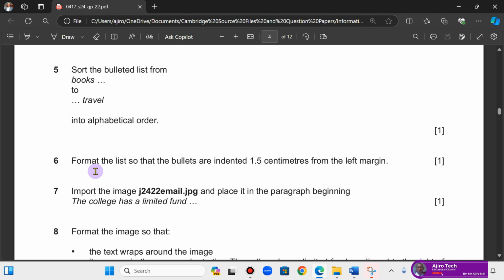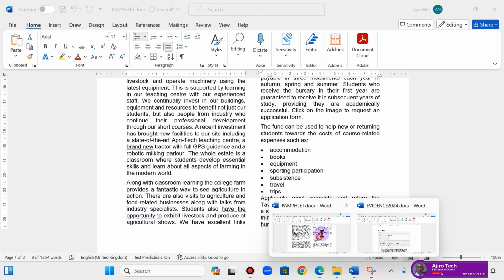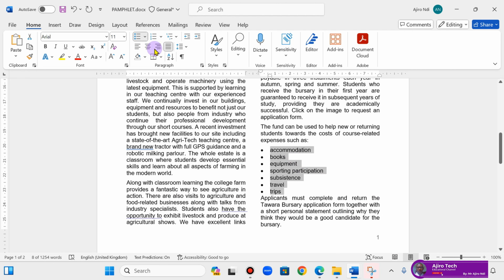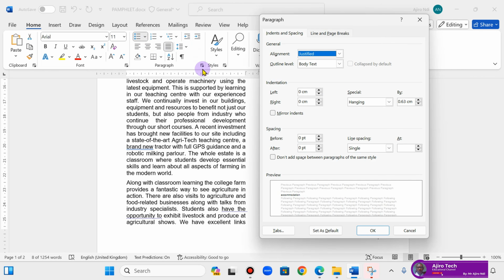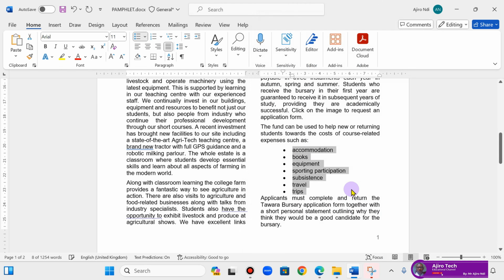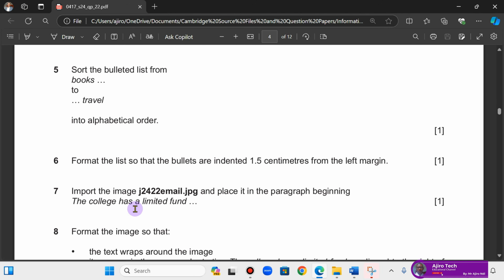Okay. Step 6, format the list so that the bullets are indented 1.5 centimeter from the left margin. Okay, the bullets are indented. So what do we do here? Now I'm going to go to my paragraph. Now the indentation here, I'm going to make it 1.5. Okay, 1.5. Okay, and I'll click on OK. So now we have it. All right, what else? The list. Okay, step 7,